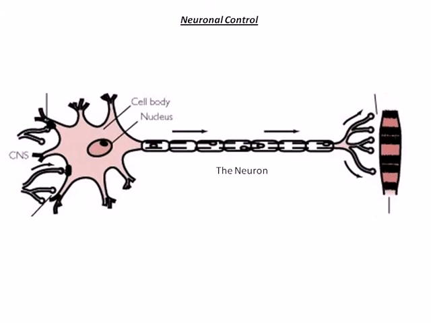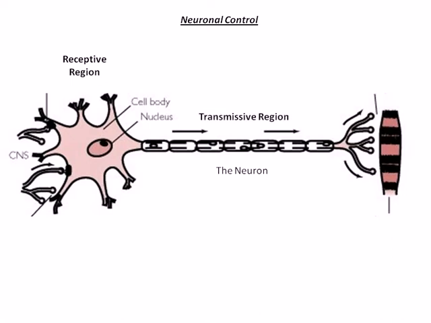As previously stated, skeletal muscle is finely controlled by the nervous system. The basic unit of the nervous system is the neuron. The neuron is a cell made up of three basic functional regions: the receptive region, which receives messages from other